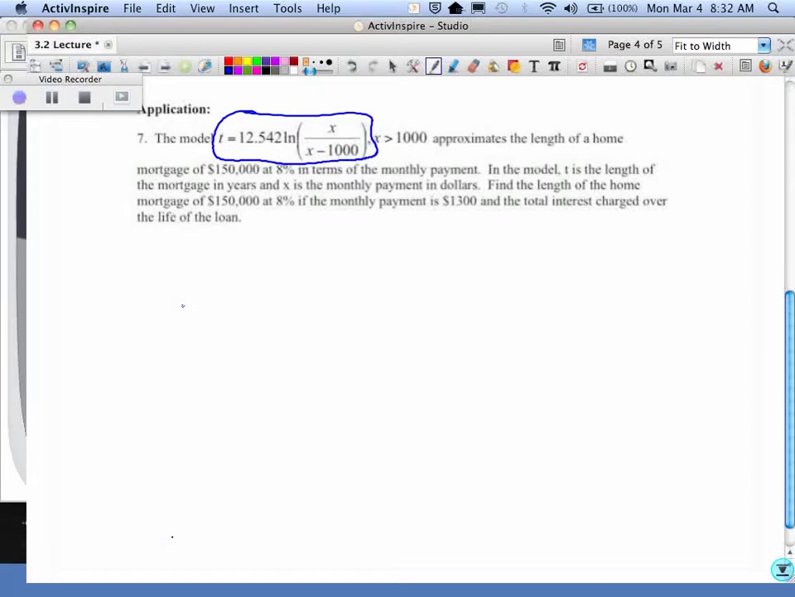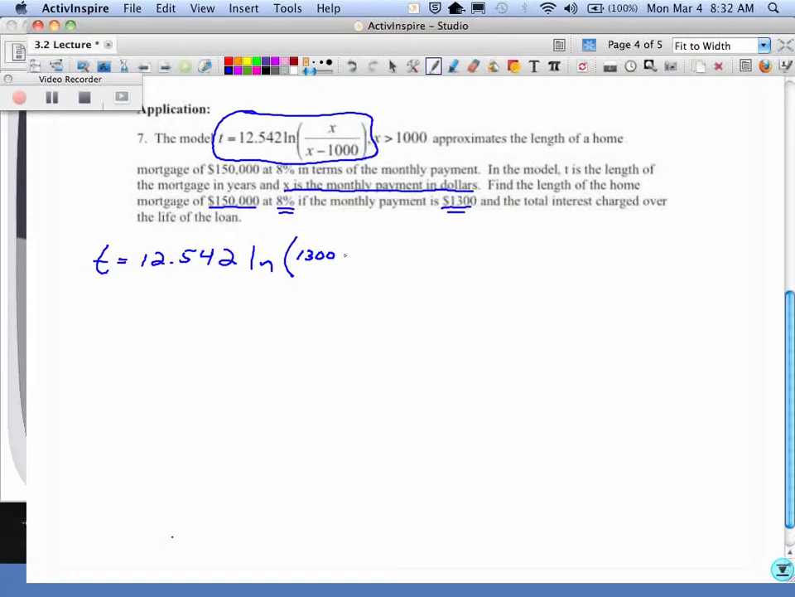So this will approximate as long as your X is greater than 0. In this case, X is the monthly payment in dollars. We're doing a $150,000 home at 8%, and our payment is $1,300, so it's going to work. So T equals 12.542 times the ln of